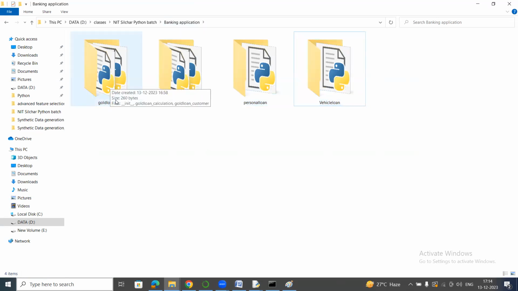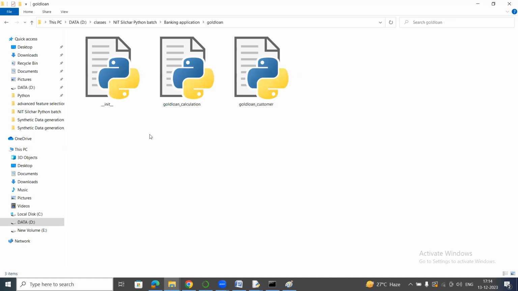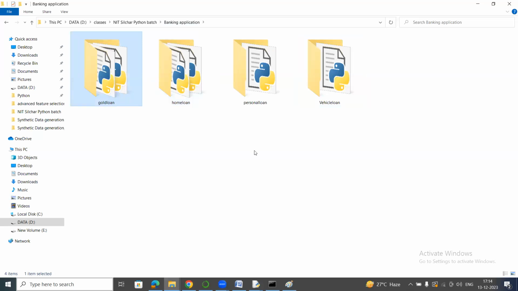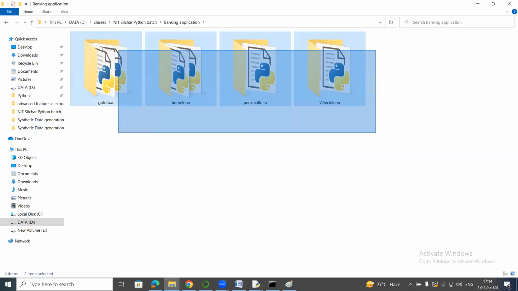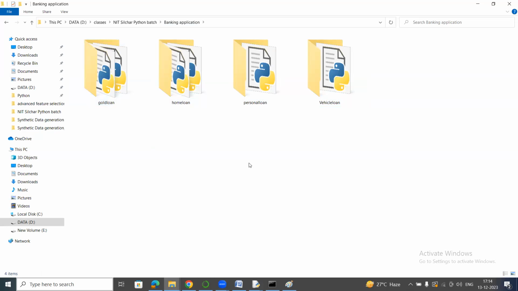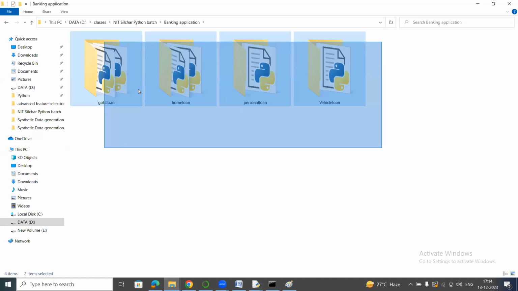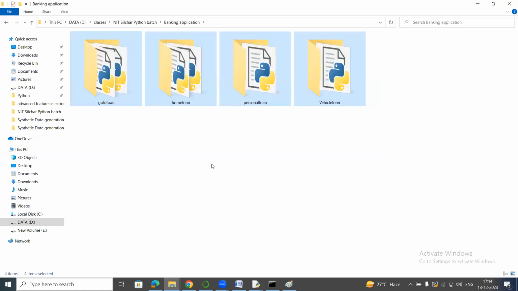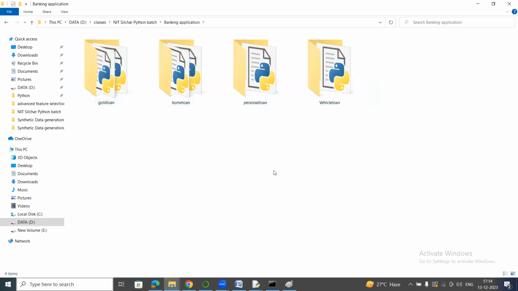Packages are nothing but a folder which contains the required Python modules. Up to Python 3.5 there is a mandatory empty file we need to save. We are not going to write anything there, we just create an empty file which indicates this is a package. Now we have created the required packages, and to access them in the final file, if I want to perform some operations, I need to provide all these packages to the user, so they can see the customer details or calculations, what is the total amount to be paid for home loan or gold loan. So how to access all those functions